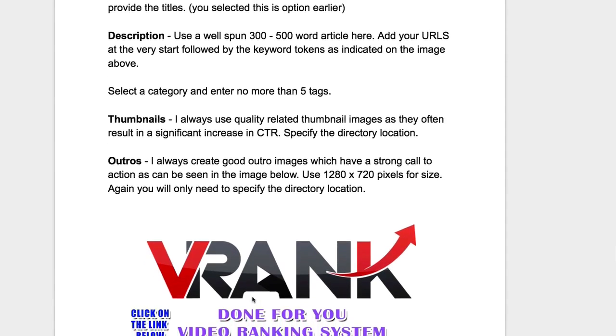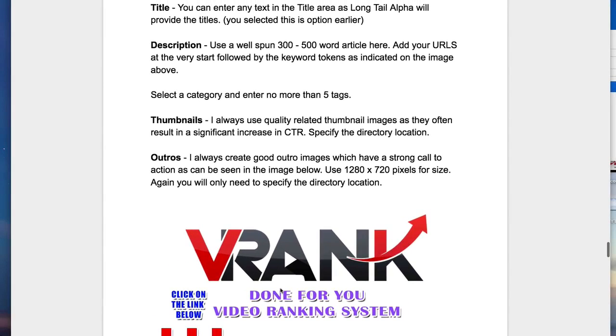Okay, some notes just to go through that again. You can enter any text in the title area because Livestream Alpha is going to do it for you. Use a well-spun description, and add your URLs at the very start, followed by keyword token as indicated on the image above. You don't have to do that, and you can mix and match it around. You can put them somewhere else. I just like to do that, but make sure that you have your URL at the very beginning of the